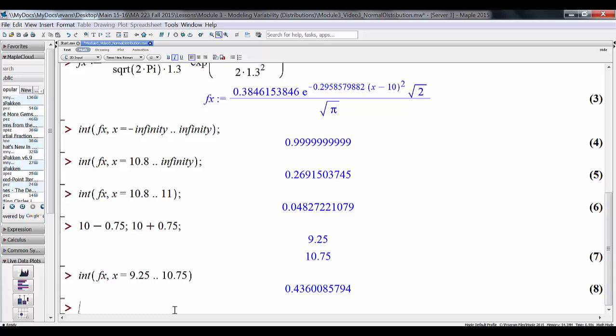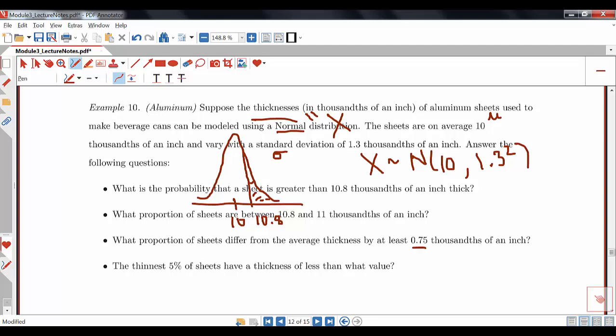right direction. So 4360. And the last question here is: find the value that cuts off the 5% of the sheets that have a value less than that value. I said that really terribly. So let's go back to my curve. I'm trying to find that value, which we called in the last section Q, such that it cuts off the least 5% of thicknesses. So we would say we're trying to find the fifth